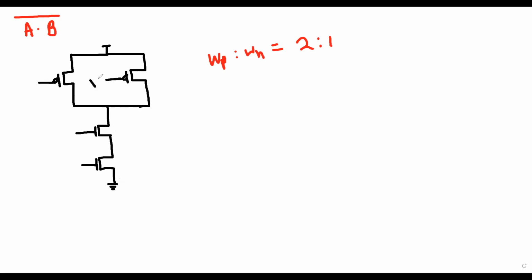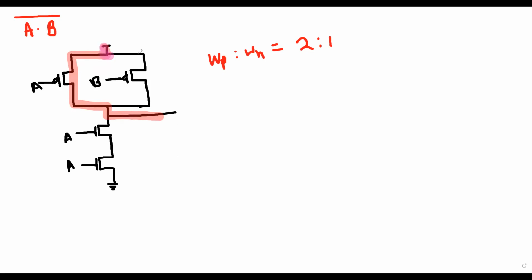This is B. This is A. This is your output. Now, from V 5 volt to the output, how many paths? How many roads do you have? How can you go from there to here? You can go by this way, right? So this is the charging way, because there is a capacitor in the output, so the current will come in this way.